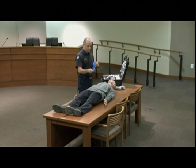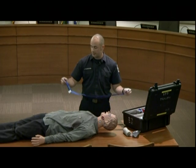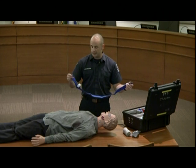The makeup of this tourniquet is there's an internal strap that runs from end to end, and that's what tightens with the